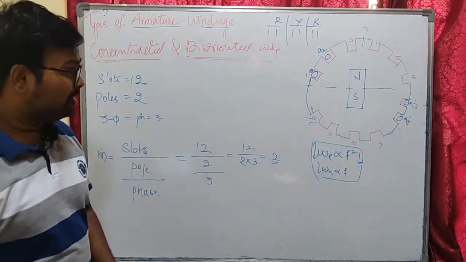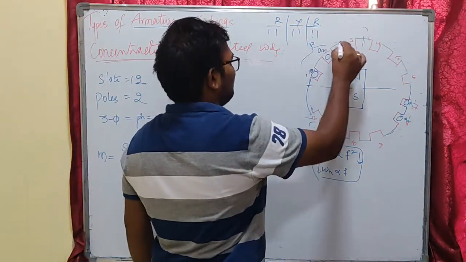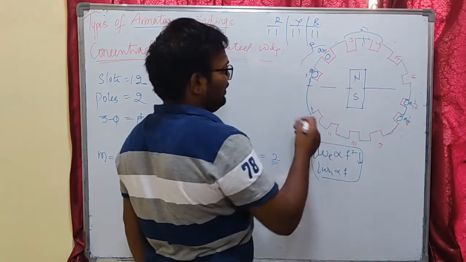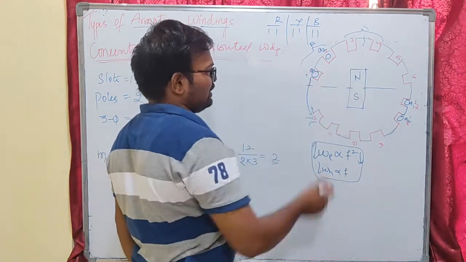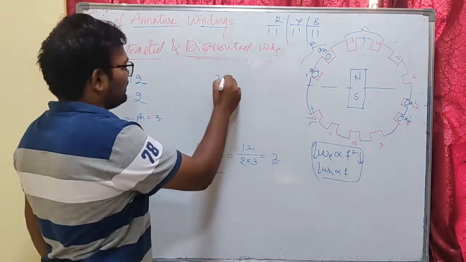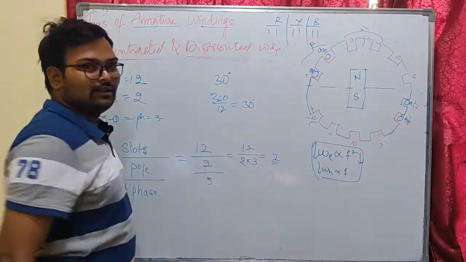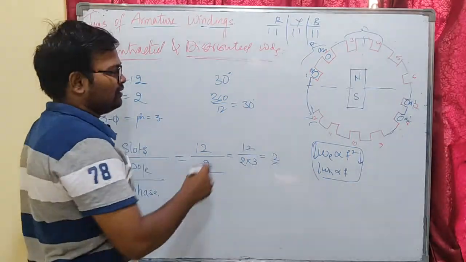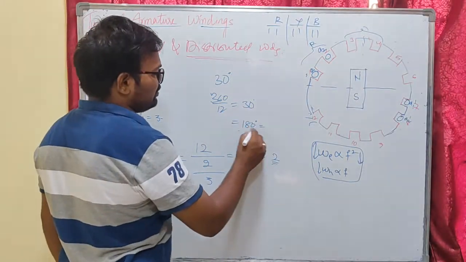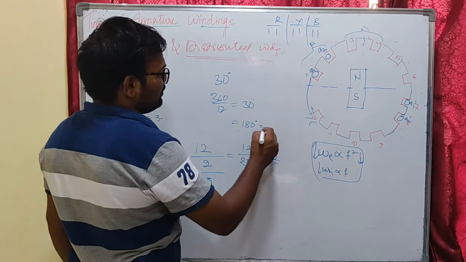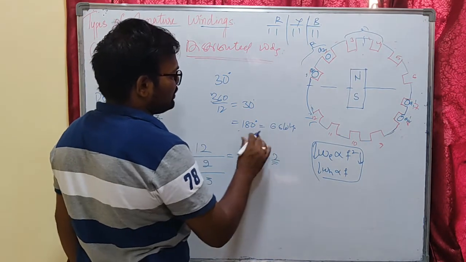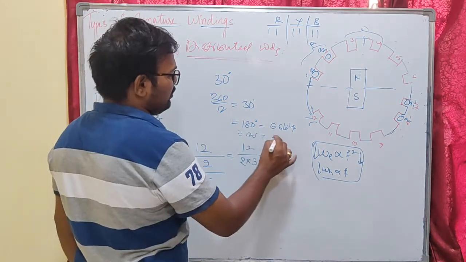Okay, and this is about R phase. If my Y phase will be kept 120 degrees away from the first slot, that will be equal to 120 degrees electrical, means each slot is contributing 30 degrees, because it is 360 by 12 slots, that will be equal to 30 degrees. That means one slot is contributing 30 degrees. Okay, 180 degree electrical means that will be after 6 slots. Okay, 6 into 30 is 180, and 120 degrees means 4 slots.